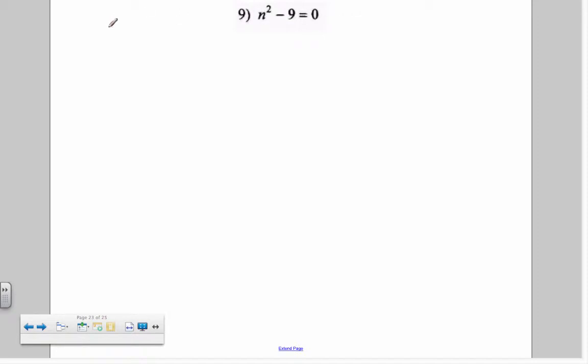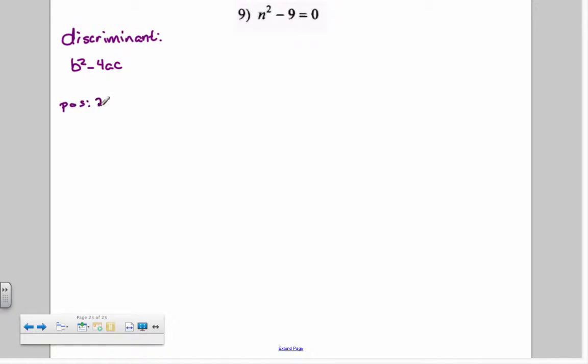Well, the discriminant is really just what's under the radical in the quadratic formula. It's that b squared minus 4ac. And we can figure out if we have one solution, two solutions, or no solutions, or two imaginary solutions by evaluating the discriminant. If the discriminant is positive,